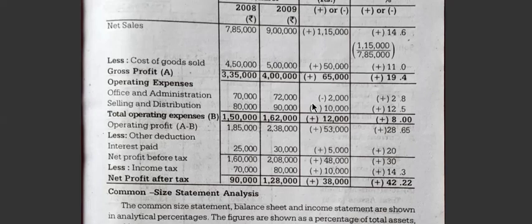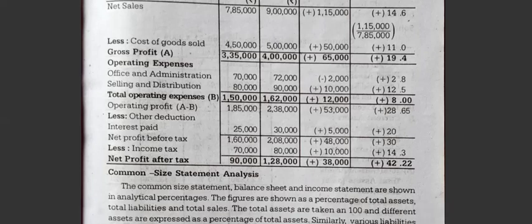Comparative balance sheet I have explained to you. Today it is comparative income statement. Now the third one is common size statement analysis, that I will explain to you in the next recorded slide. The explanation here is we will take the total as a percentage, and we have to take the total assets and total liabilities as a base and then calculate the percentage. That is for common size statement analysis. This I will explain in the next recorded slide.